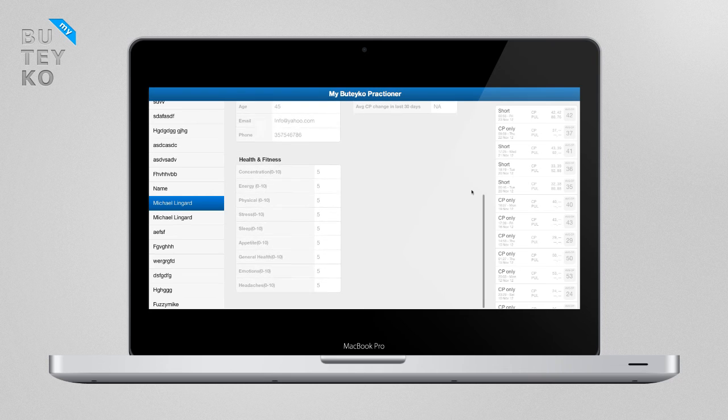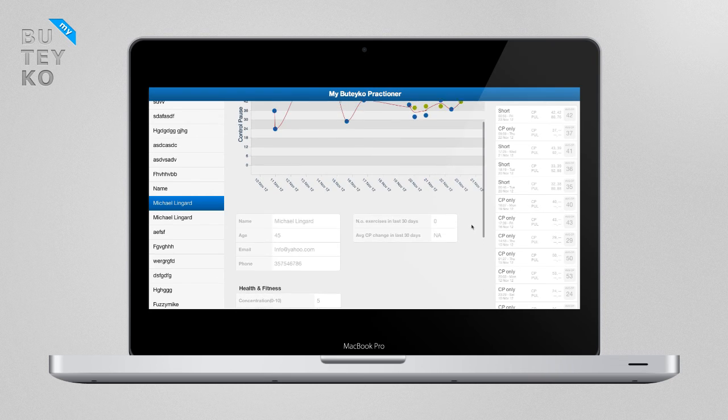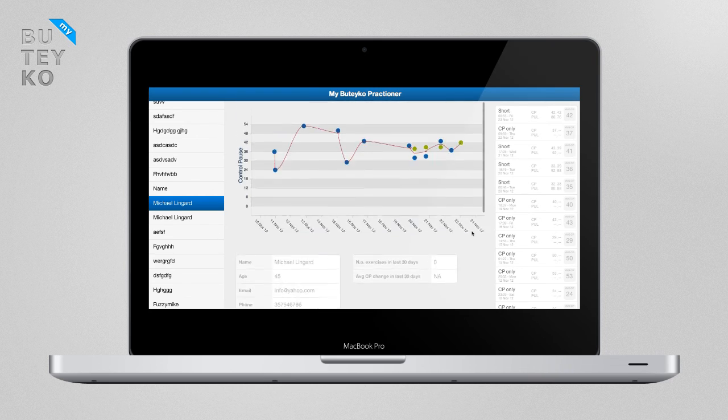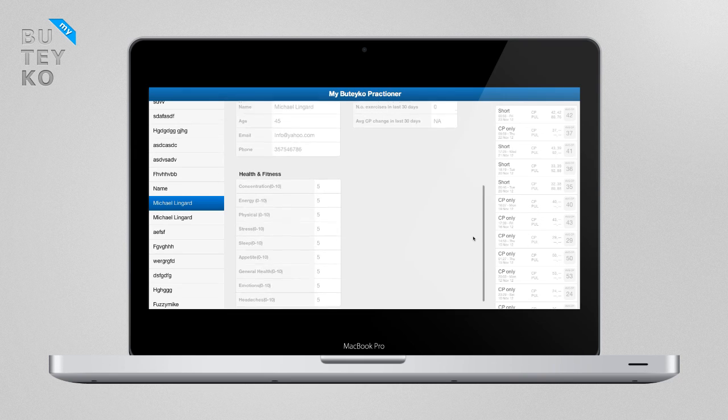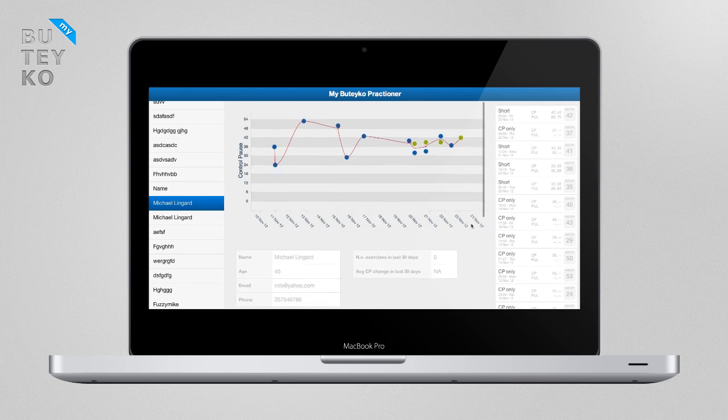We are looking to develop this a lot further. If the student updates their profile, those updates will appear here, so you can immediately see if somebody's coming off a medication, or if they've just updated their health and fitness assessment and their improvements. We will also look at ways to automate response. So if a student makes a change like that,